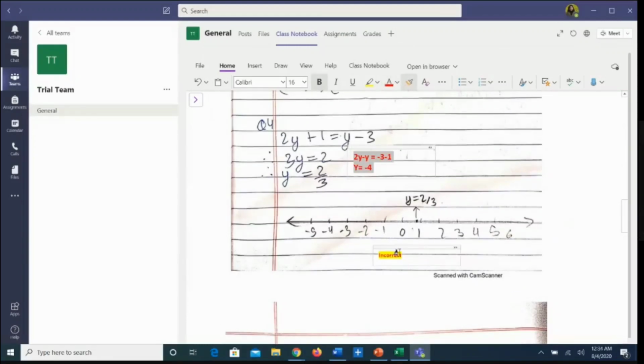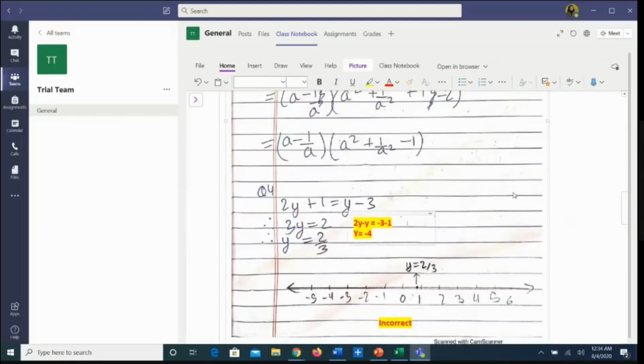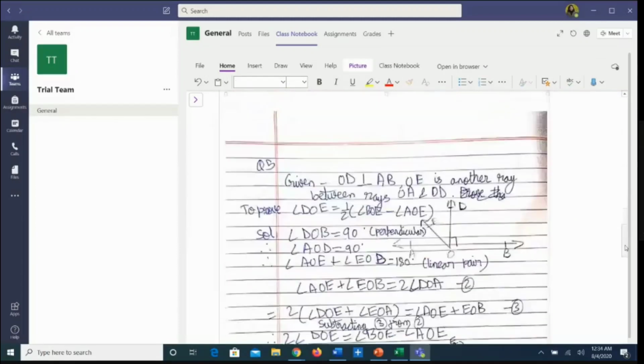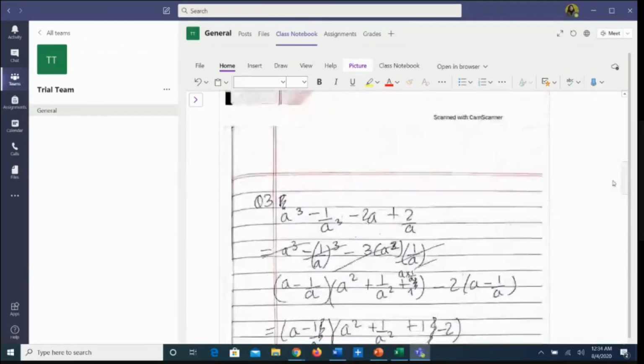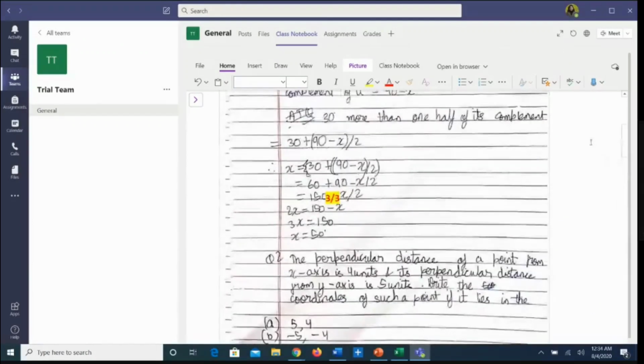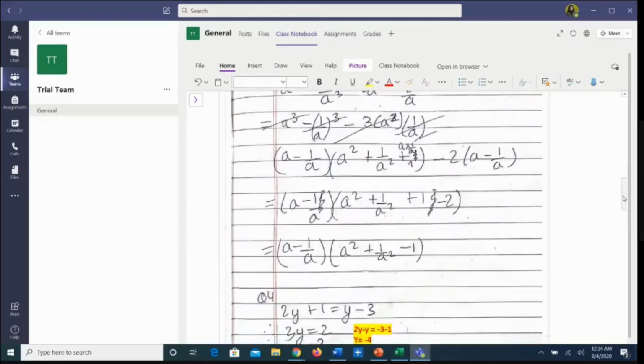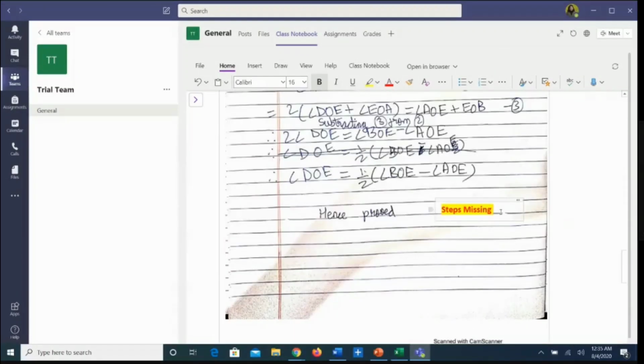So I'll just scroll through the correction work done by me, so that you are able to see how the child will get to see the work. See, all the correction has been done. It's very clearly visible to the child. The mistakes can be rectified by the child now. Here I can write that the steps are missing, and the marks can be deducted, maybe 3.5 out of 4 I can give here. So this is how the correction work can be done and given to the students.